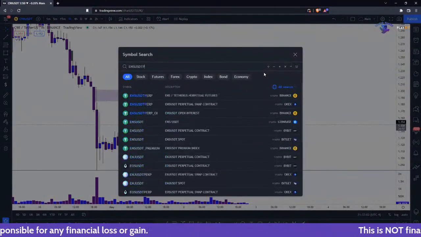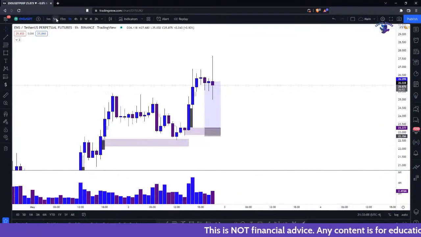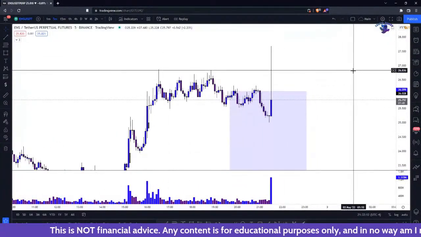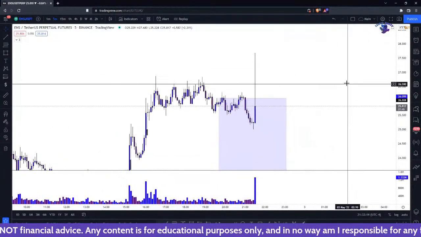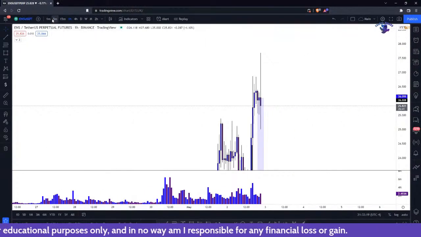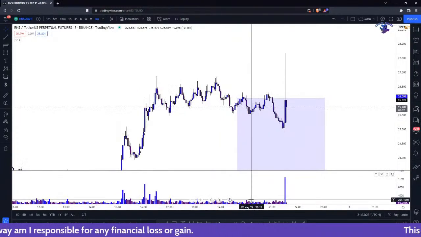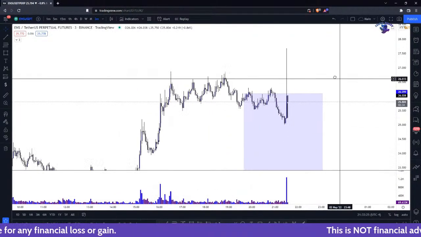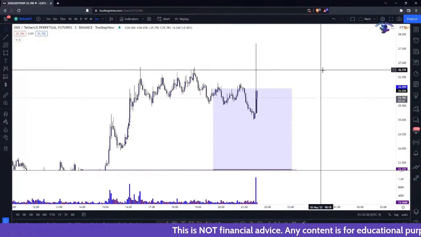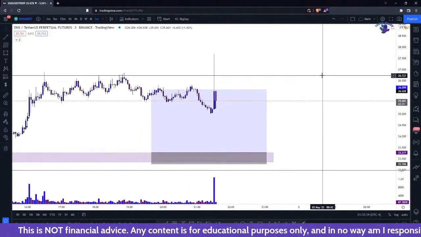ENS. I'll show you what I had. It's right here. ENS was looking like redistribution based on volume. Look at that. If you look, it was pinching. If you go to the 3-minute chart, you could see that the volume was steadily decreasing. And what I like to do is put an RSI in my indicators just to see what retail's looking at. RSI was at the roof and volume was on the floor.